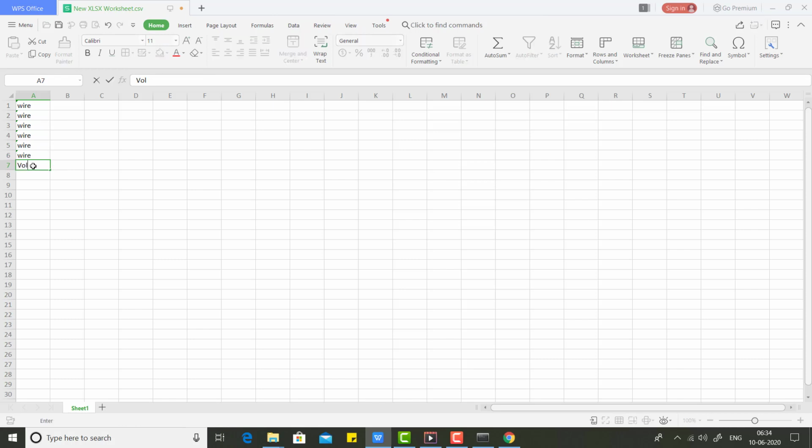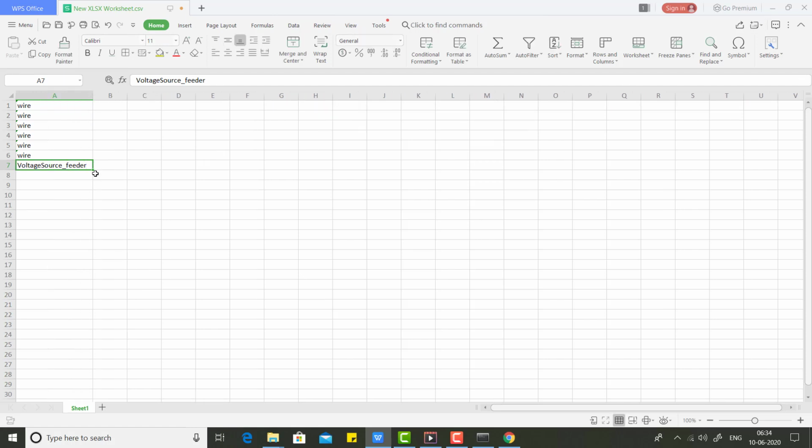Now let us input a voltage source. So likewise, like wire, even voltage source is case sensitive and a predefined keyword, and I am naming it as feeder. That is because it will feed power, it will feed the circuit, and the voltage source and the name feeder are separated with an underscore.